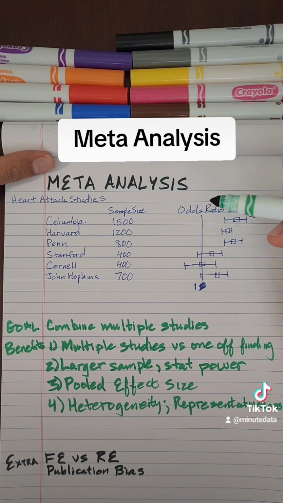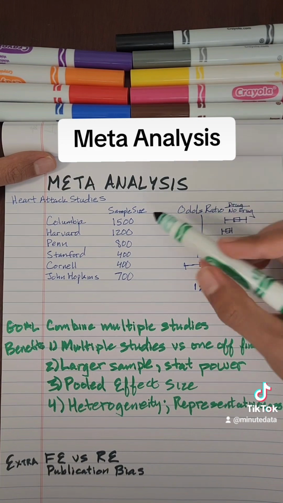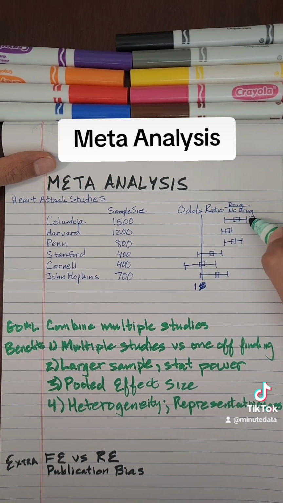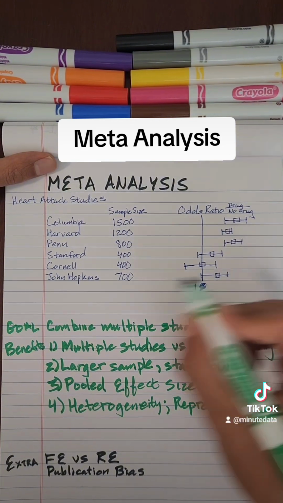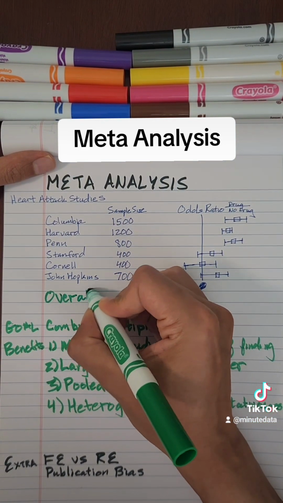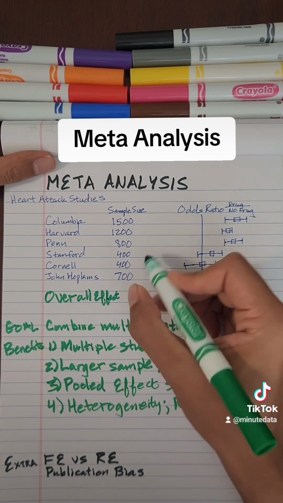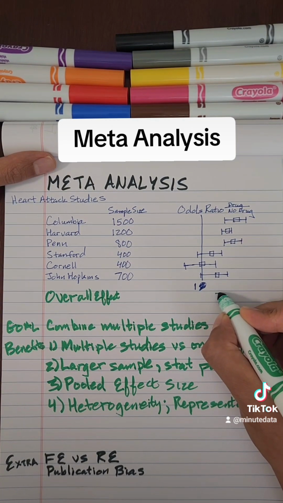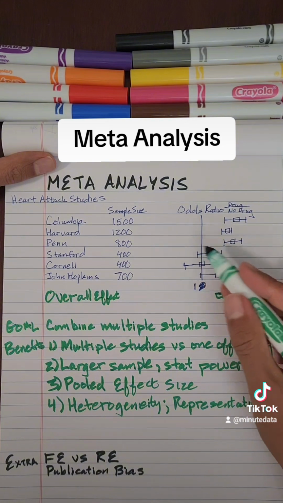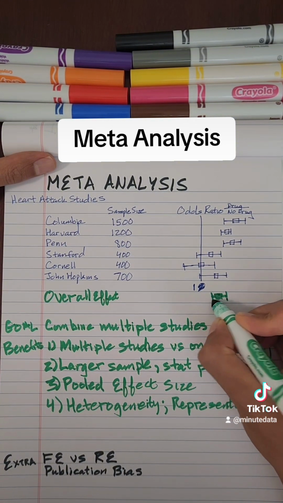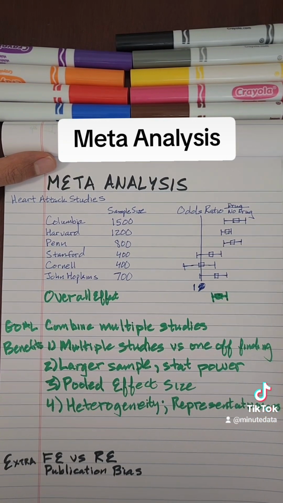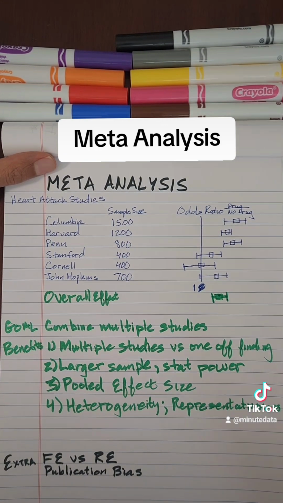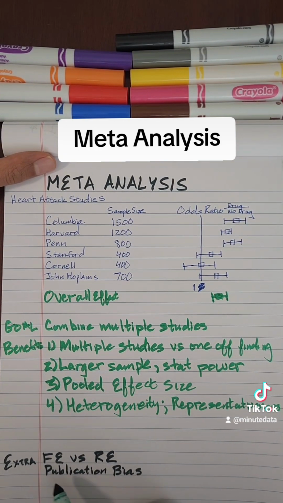So we won't go through exact details of the meta-analysis calculation, but what it does is aggregate the findings, in this case the odds ratio between drug takers and non-drug takers, accounting for the sample sizes, the mean, as well as the noise, the variability within each sample. So after aggregating this, you'll probably get something like your overall effect. Your overall effect will aggregate all your sample sizes, and say the mean effect is there. And since you aggregate so much of the sample sizes, you'll actually end up with a smaller confidence interval compared to individual studies. And in terms of extra materials, you may want to look up fixed effects versus random effects, and also look up publication bias.